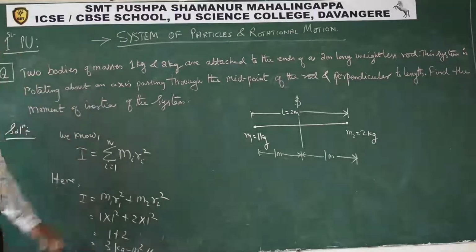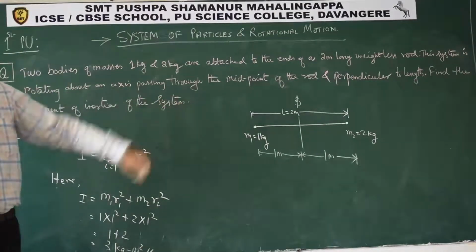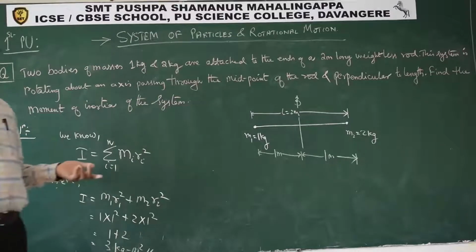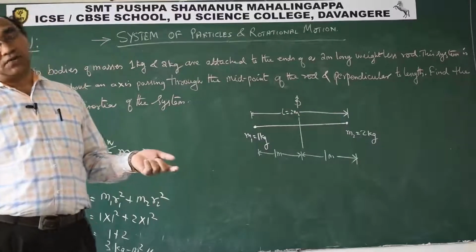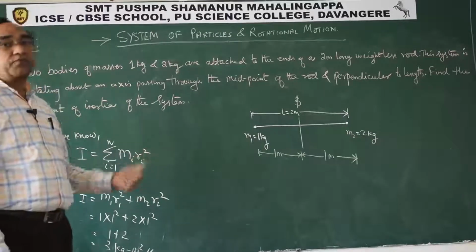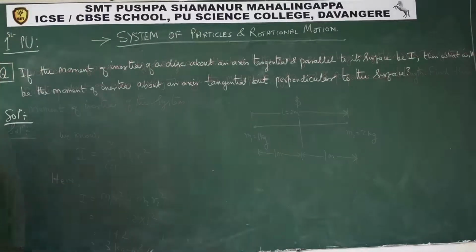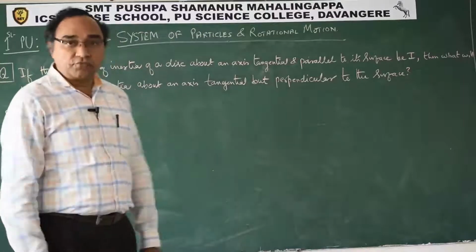See how, if we know what exactly is the position of the mass, if we draw a rough diagram, it will give us an idea of what could be the value of R1 and R2. It becomes easy to solve such questions. Well students, let us take one more conceptual question.